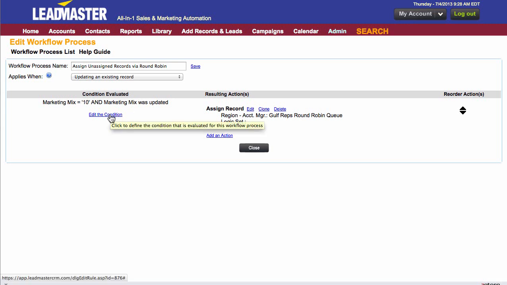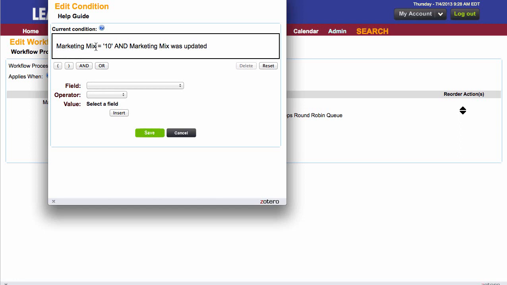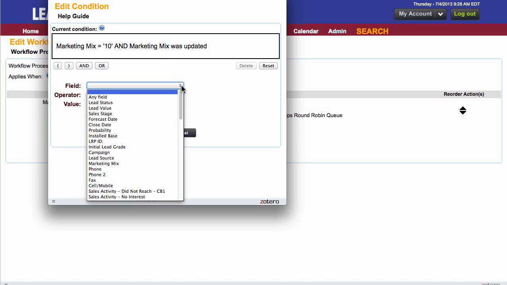For instance, marketing mix applies to a drop-down box in which assign leads via round robin is an option. It's option number 10. So according to this, when the marketing mix equals 10 or assign leads via round robin is clicked and the marketing mix is updated, which means that you simply click update and go, it will assign your leads via round robin. And the way that you create this is by clicking Field,